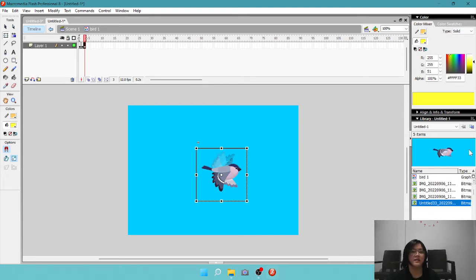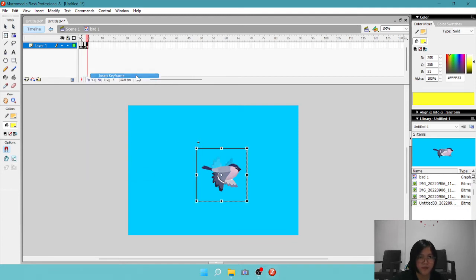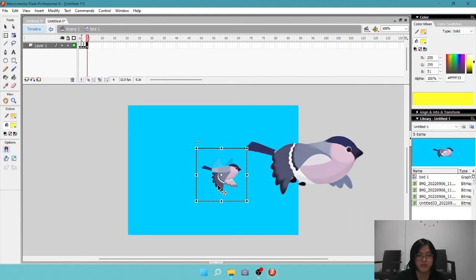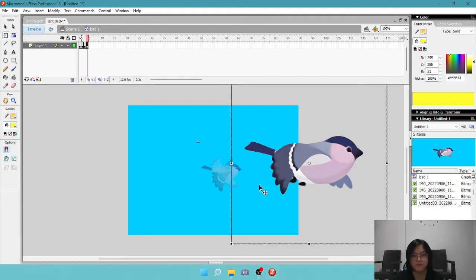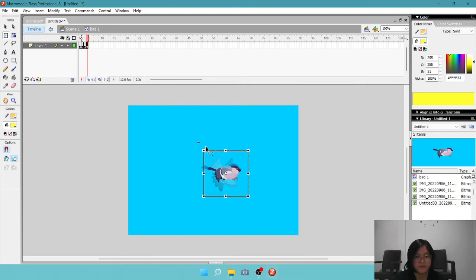For the last image, after the third image, insert a keyframe again. For the last image, there is no need to insert another keyframe. The third image we deleted before, like before.